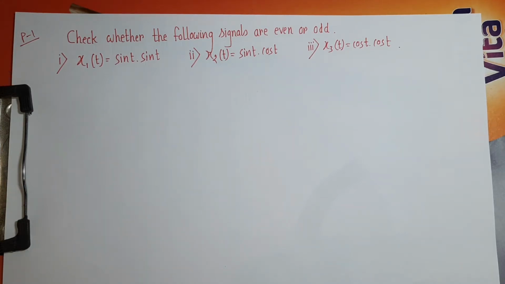In the last three videos, we completed the theoretical concepts required for even and odd signals. And from this video, we will start solving problems on the concept of even and odd signals. As I had said, I will take the problems in a gradually increasing complexity level, and I assure you that I will cover almost all the possible types of questions that can be asked from the concept of even